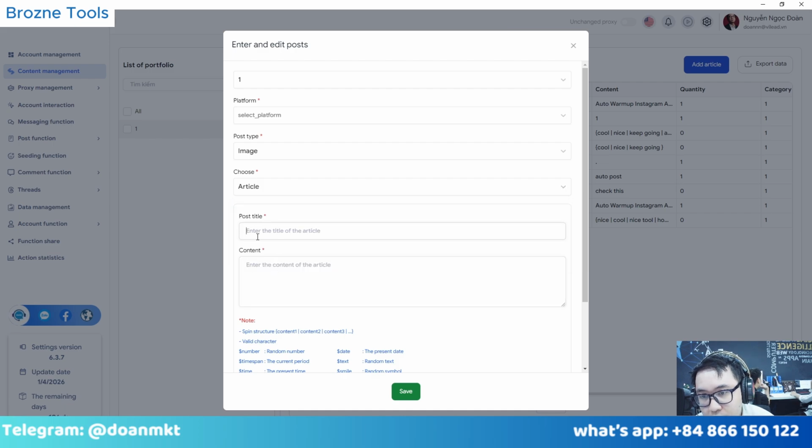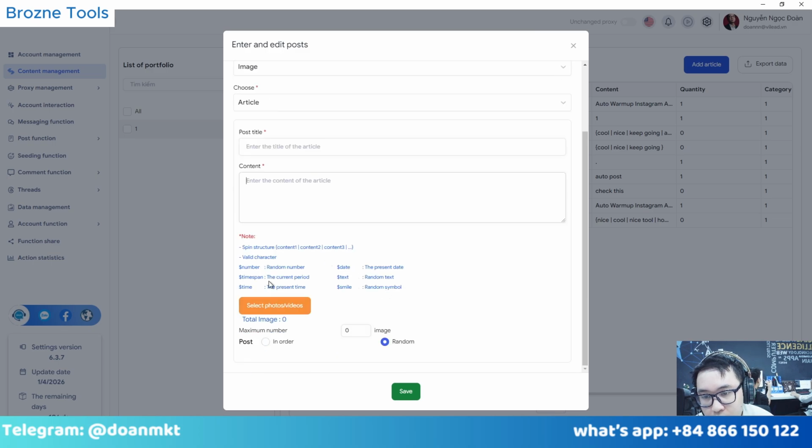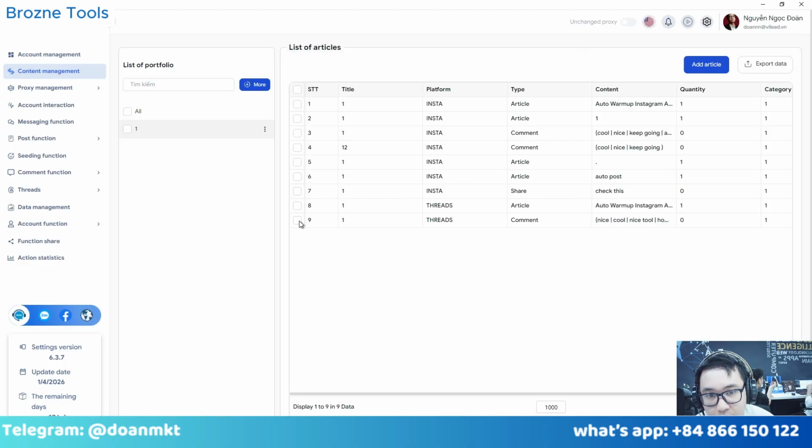And next you will enter the post title and the content, and you can also select the video or image that you want, and you will press save to save the content. And after having content like this,